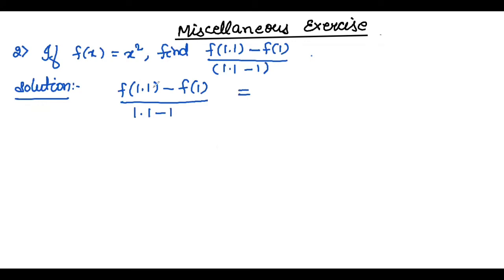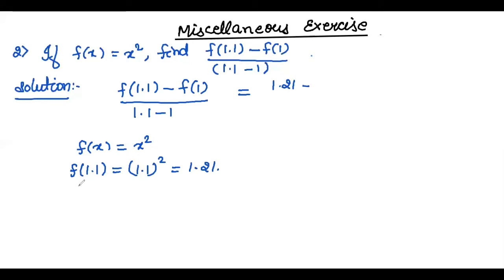So f(1.1) we will find first. f(x) is given here as x square. So f(1.1) is 1.1 whole square. So this is here 1.21. So we'll apply 1.21 minus f(1). So f(1) will be 1 square, which means 1 only, divided by 1.1 minus 1, that is here